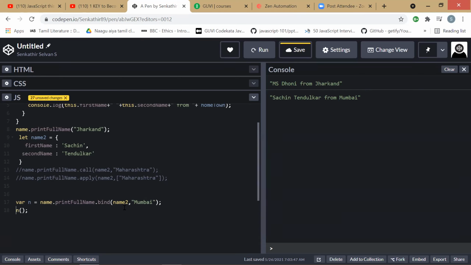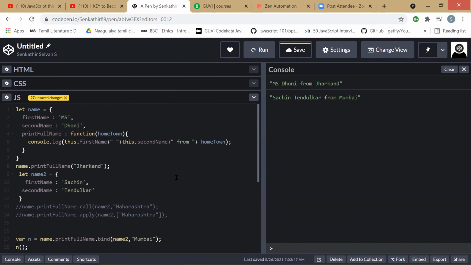Can you give an example if you have multiple arguments? Yeah, for example, here in this method, we can add a second argument also. For example, I'm giving the state here.